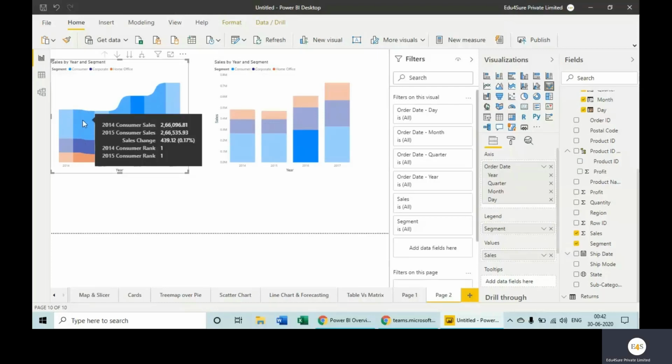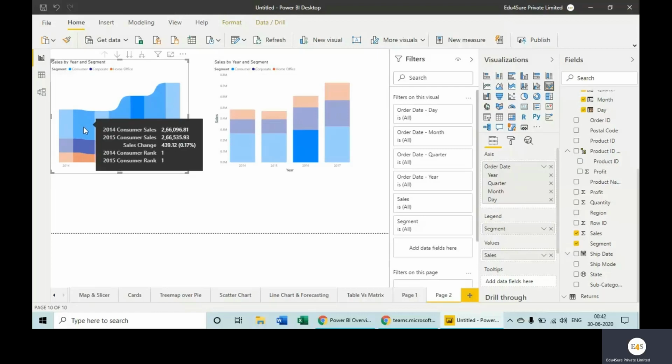Keep the cursor: 2014 consumer sales, 2015 consumer sales, and it is giving us the sales change from 2014 to 15 in percentage, and rank also. Rank as in, among the three segments, what was the rank of this particular segment? Because this is the highest one we had, it is giving it a rank of 1.